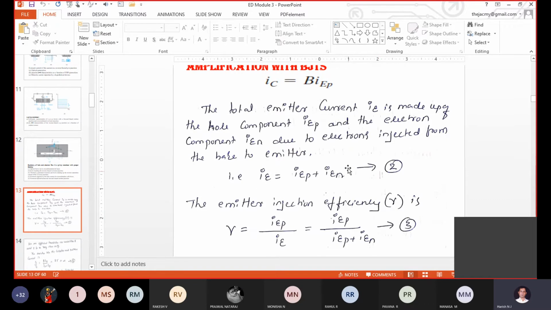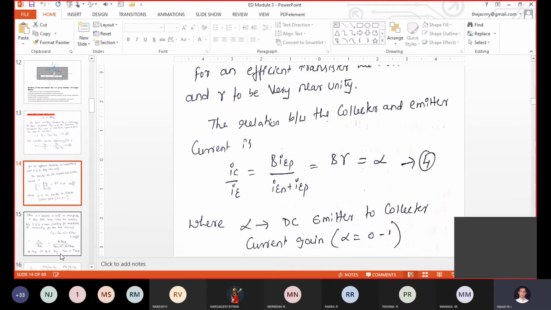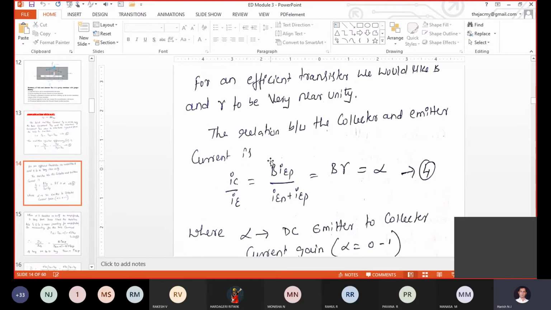And one more thing you can calculate here. We have the IC value and we have written the equation for IE. If I do IC divided by IE, for the common base configuration the output current is the collector current and the input current is the emitter current. Now just take the ratio of these two currents and you will get the alpha factor here. So just check it out here.